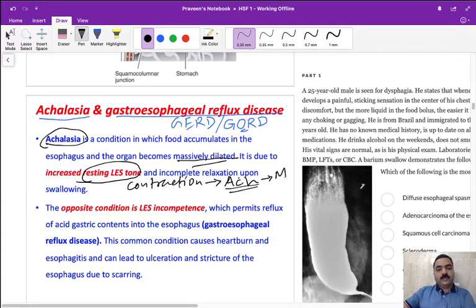Now how do we stop its contractility over here? The sphincter contractility is inhibited by what? An inhibitory neuron. The inhibitory neuron normally releases the neurotransmitter nitric oxide. What happens in achalasia is that the inhibitory neurons are not working. The inhibitory neuron that releases nitric oxide is not working,